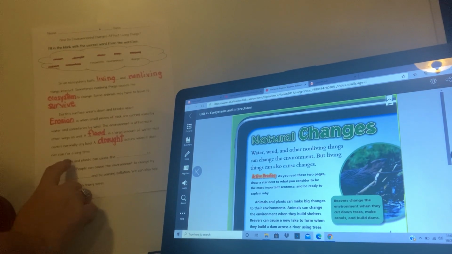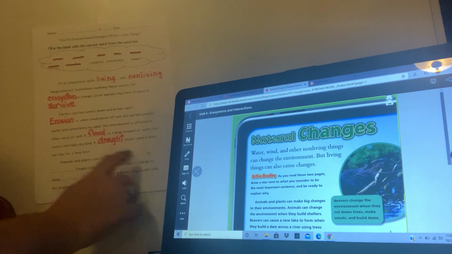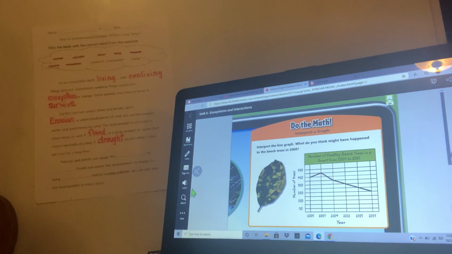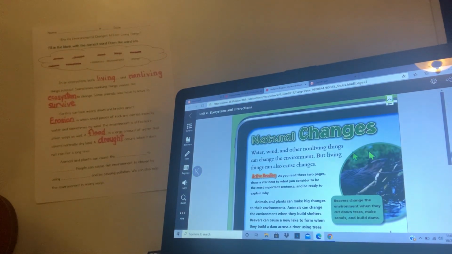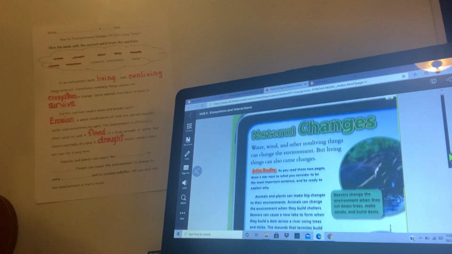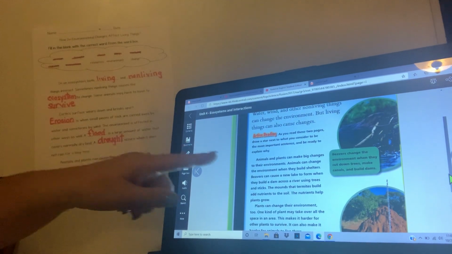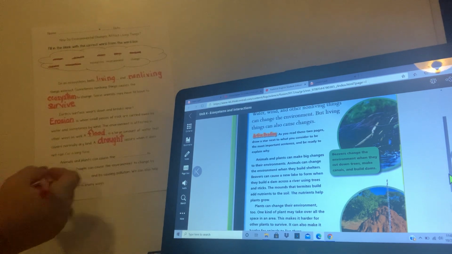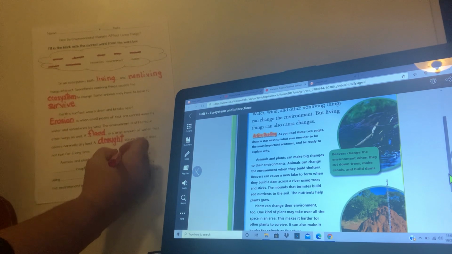It says animals and plants can cause the blank to blank. Let's go, whoops. Let's go down here, scroll down, and it says animals and plants can make big changes to the environment. Here we go. Animals and plants can cause the environment,